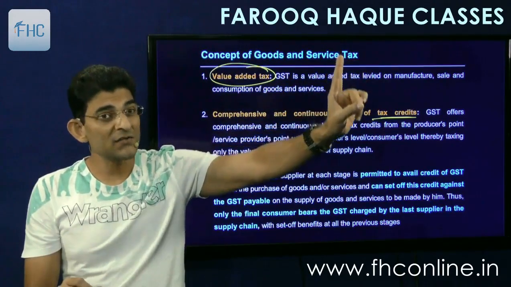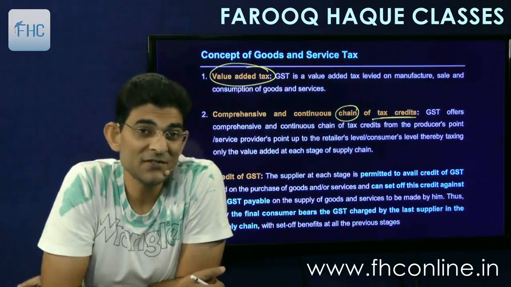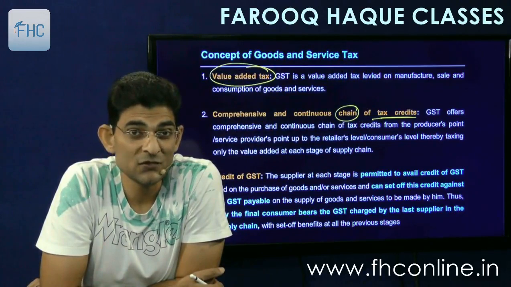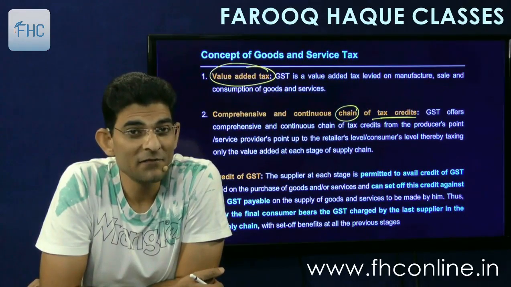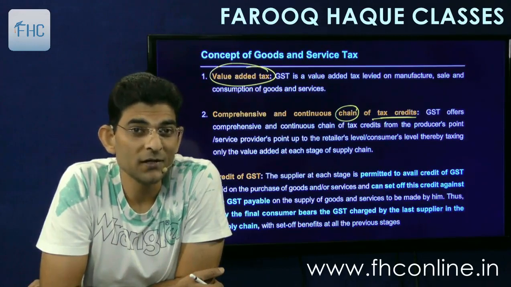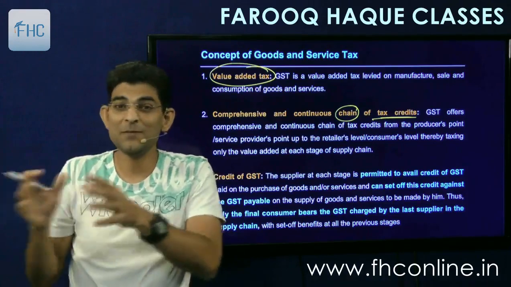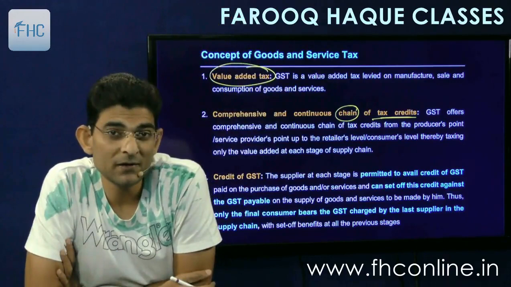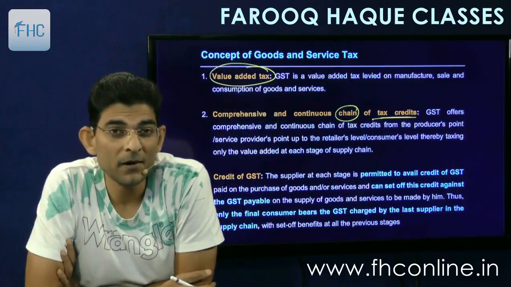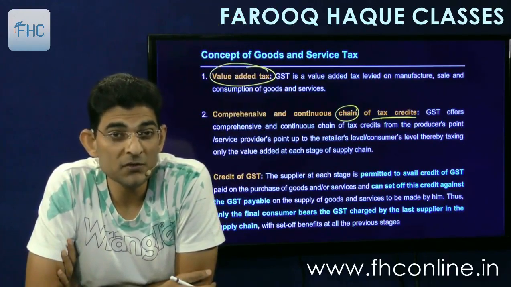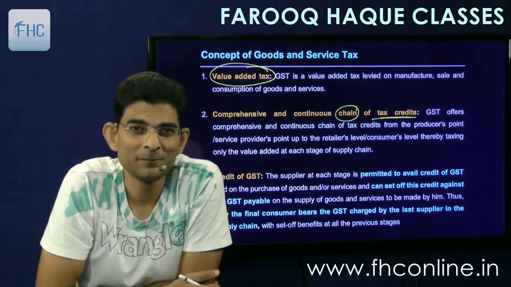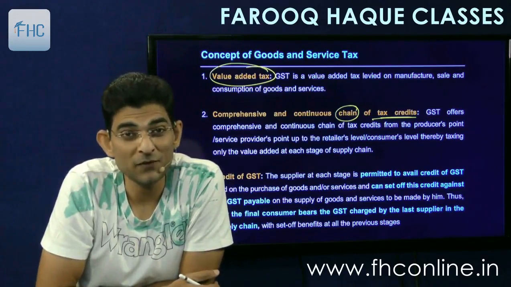But in the last sale, meaning the sale or supply to the consumer, that is when the cycle ends. The consumer never gets any credit. So the final burden falls upon the consumer. So till the time the burden keeps on shifting, and finally it falls upon the consumer. When you buy a liter of petrol, a burden of 30 to 35 rupees is passed on to you, dumped on your head, of different types of taxes.